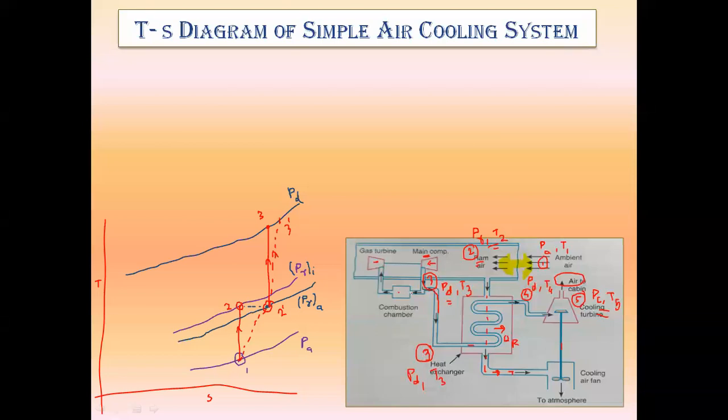Now here we are not going towards this direction. Why? Because our main intention is to cool the air, and that cooling of air is taking place towards this direction. That's why whatever thermodynamic processes are occurring, I have to take those thermodynamic processes into consideration in the cooling of